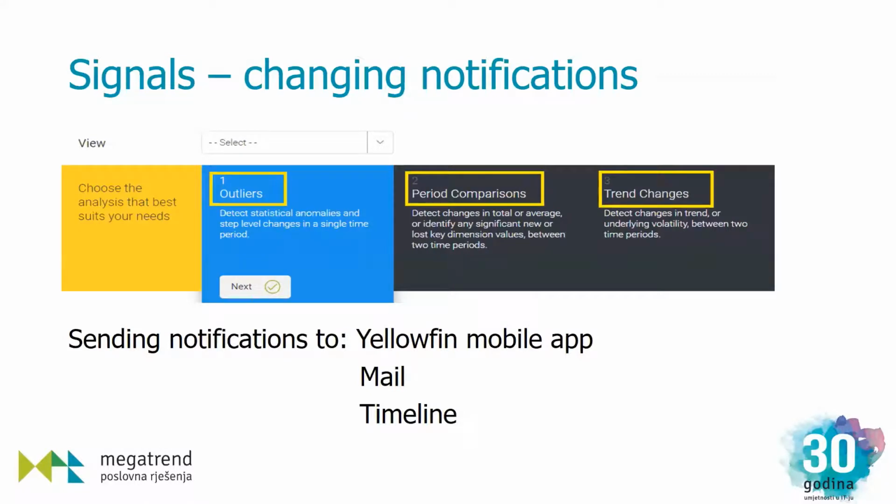Next, we would like to tell you something about signals and about how they're implemented and what they actually mean. Signals are basically notifications that are sent either to your Yellowfin mobile app, your mail, or your timeline. On what are these signals based? They're based on three